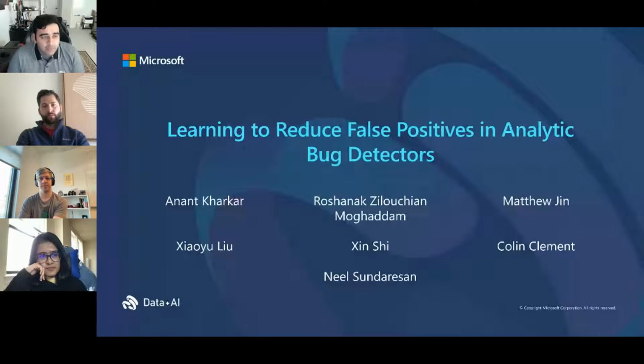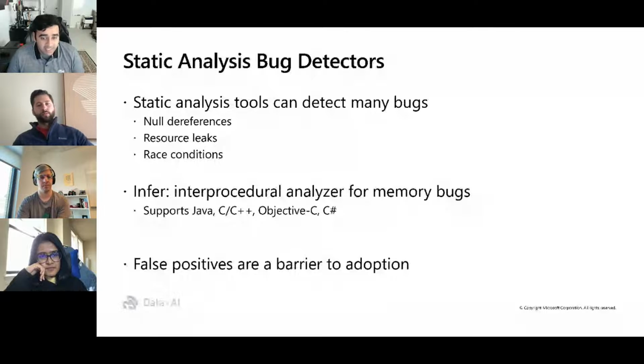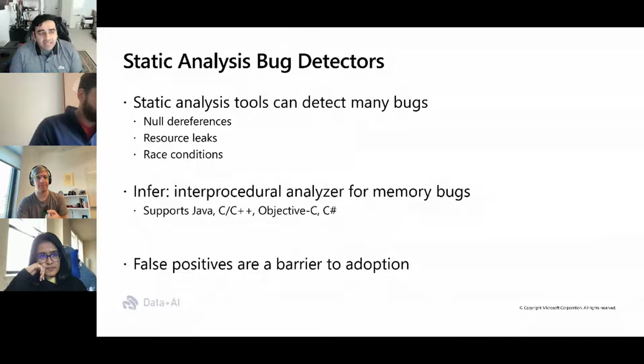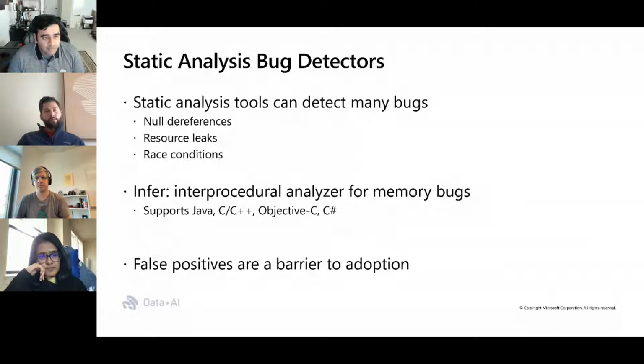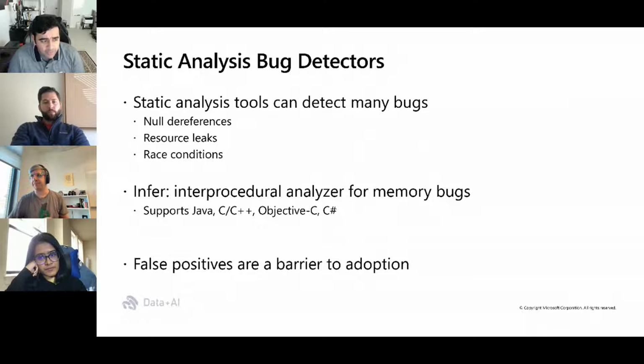So at a very high level, the premise of our work is that we want to detect bugs in source code. And this is something that static analysis tools have become quite effective at over recent years. Today's static analyzers are able to find many different types of bugs across many different programming languages. One analyzer in particular that's quite powerful and has become quite popular is Infer, which is intended specifically for memory bugs. Two of the things that set Infer apart from a lot of the other analyzers is that by design, it's interprocedural because of the way that it performs its logical analysis. And the other is that Infer supports several programming languages out of the box, including, thanks to the InferSharp project,